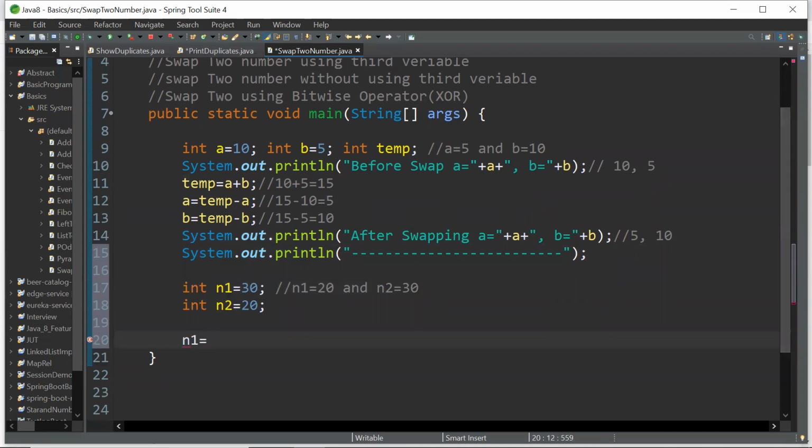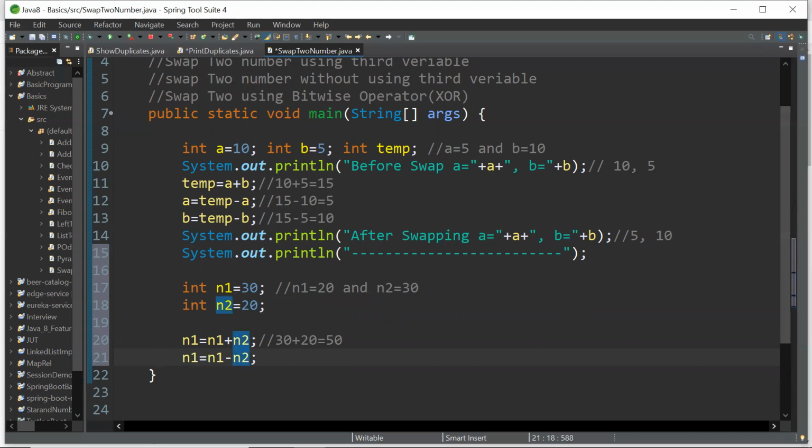n1 equal to n1 plus n2. The answer here: n1 is 30, n2 is 20, equal to 50. So next, n1 equal to n1 minus n2.